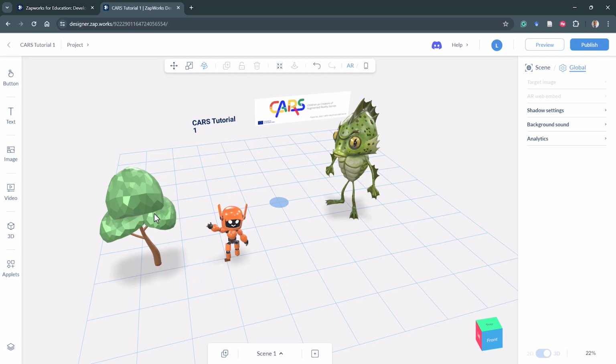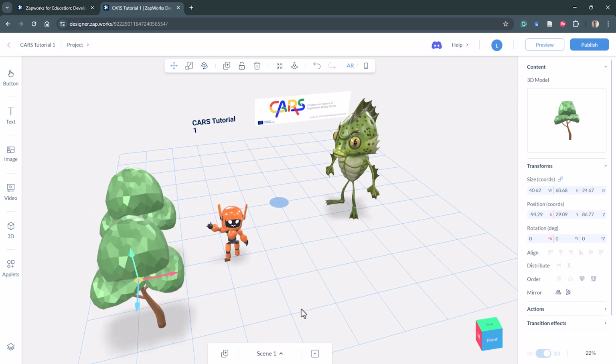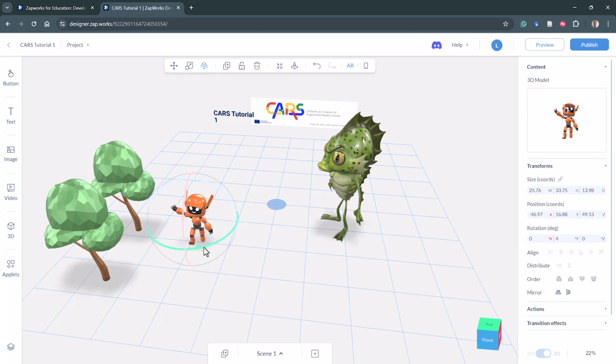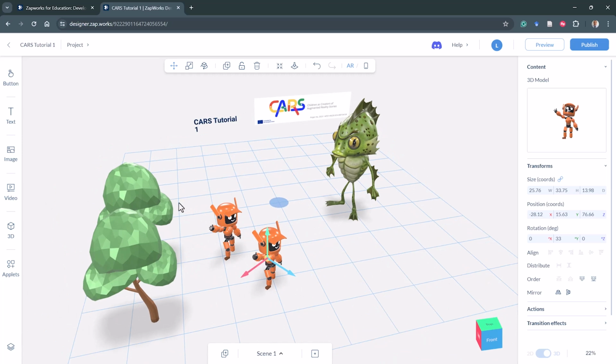Now, what if we want to create copies of assets that we already have here? A very useful button is the duplicate command. Essentially, every time I select an object and click on duplicate, this will create an exact copy of that item. Again, if I, for example, select the robot, change its orientation, and select duplicate, it will essentially create an exact and perfect copy of that